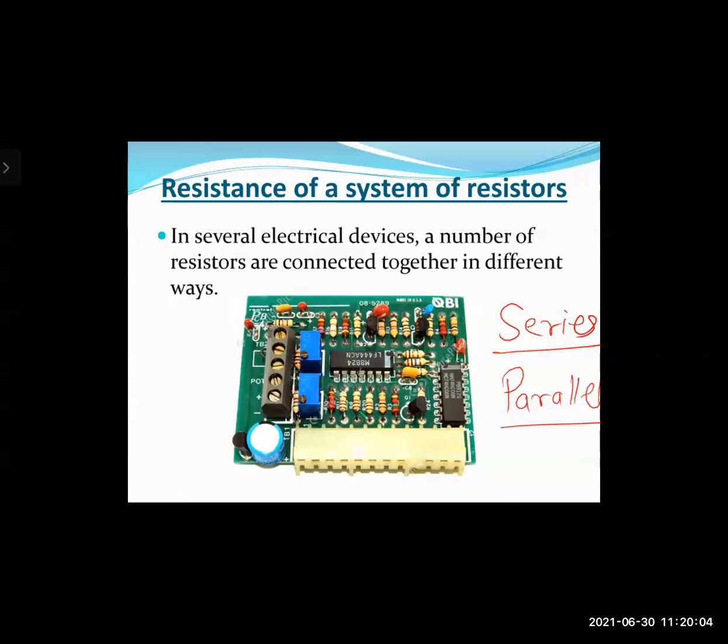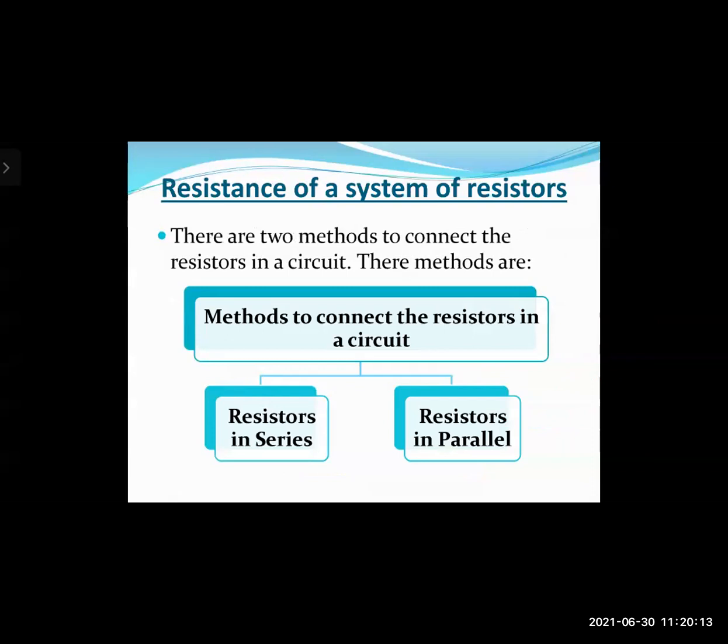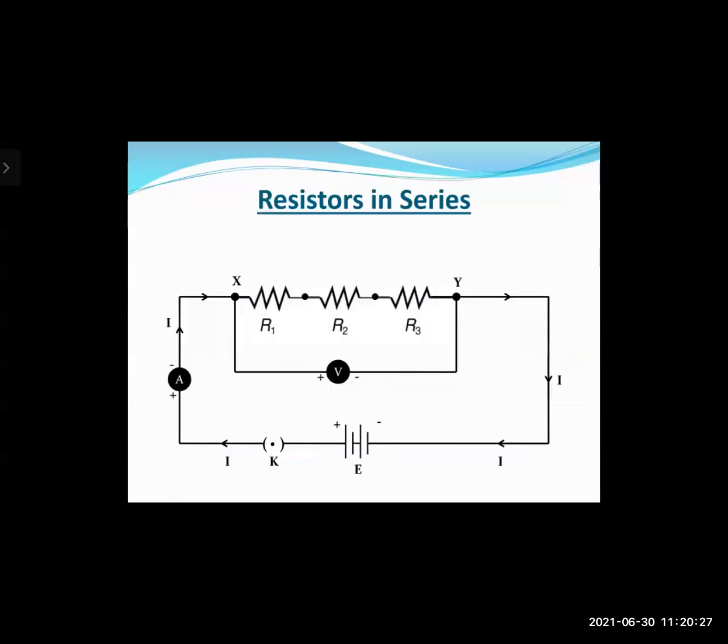Today we are studying the concept of series connection, where the resistors are connected one after the other in a single line. As we had discussed, there are two ways in which you can connect the resistors. The first one is resistors in series, and the second one is resistors in parallel. You obtain completely different results when you connect the resistors in these two ways. Okay, so let us see here. As you can see in the diagram,